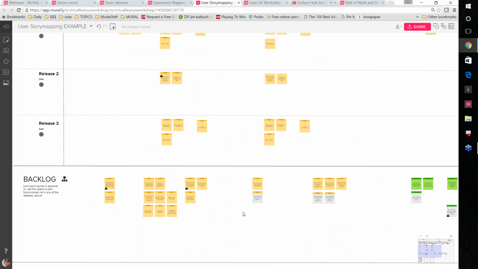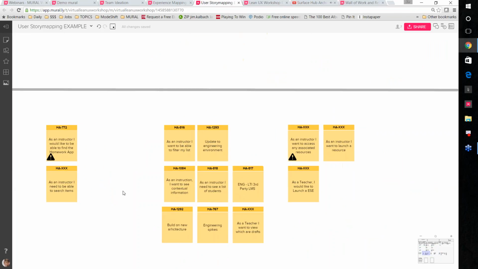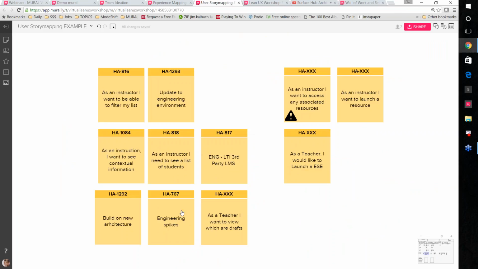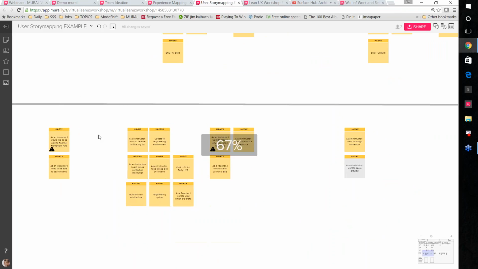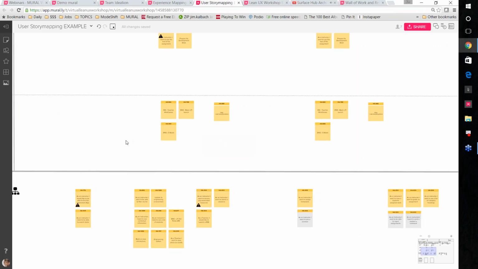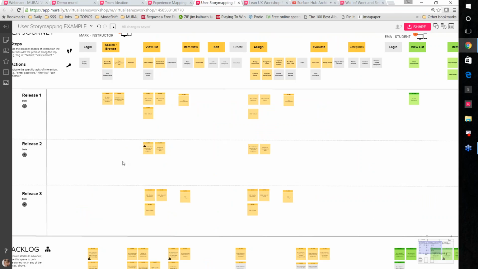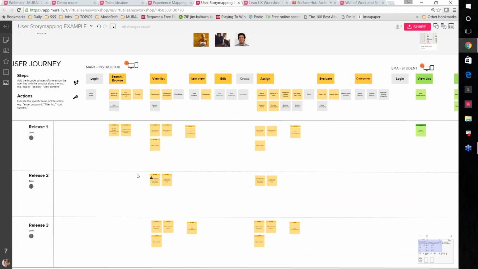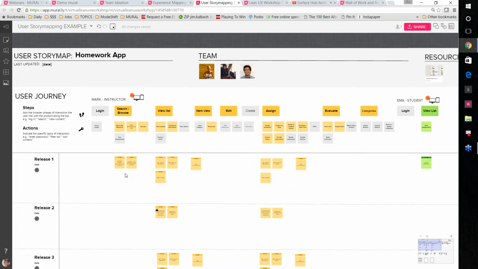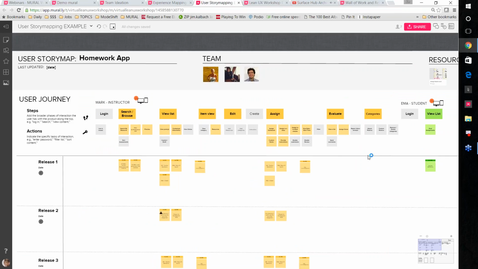And in software development, agile development, you break things down into what are called user stories. User stories are small chunks of functionality, very short descriptions of pieces of functionality, which is great for managing software development projects, but you lose the big picture of what you're building sometimes if you're only focused on an individual story. And what user story mapping does is it allows you to map the user journey here at the top,